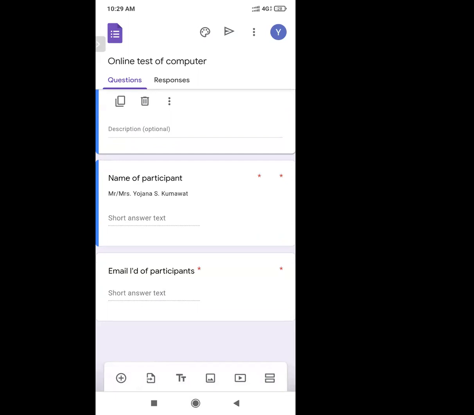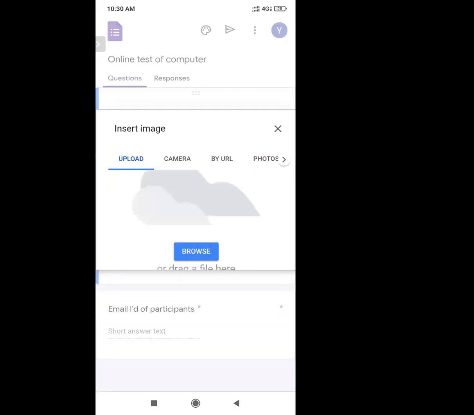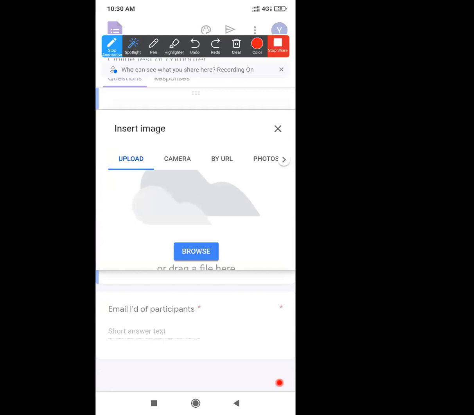If I want to add an image in between the questions, I will just click on this image button. Now you can upload your image here directly, or you can take the image from your camera, or you can add an image URL here, and you can take photos from your mobile gallery and put them here.